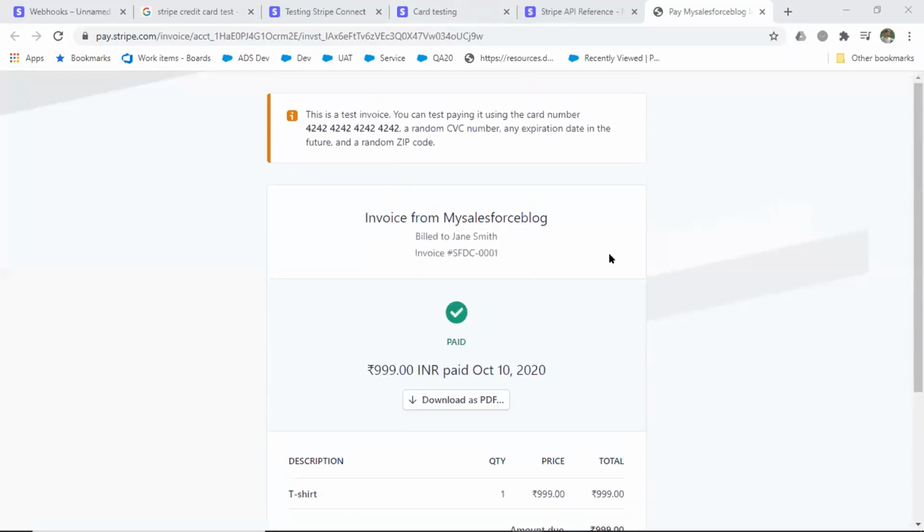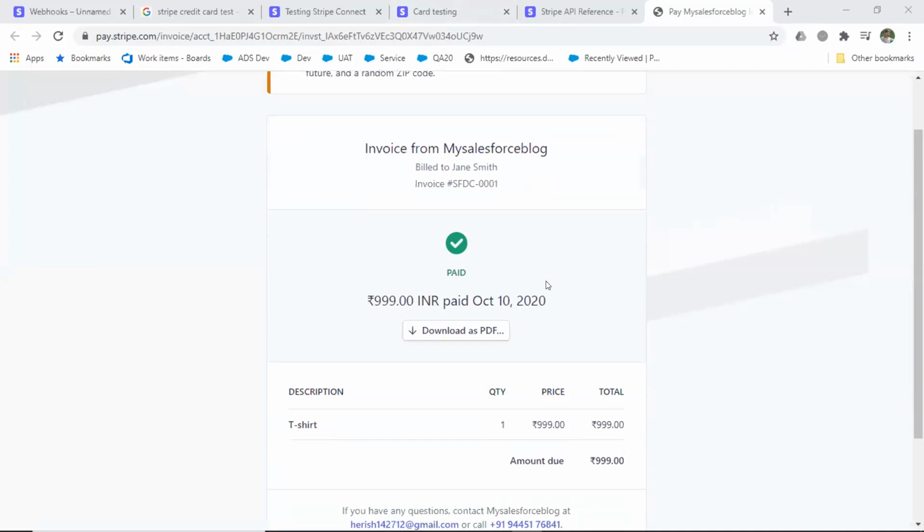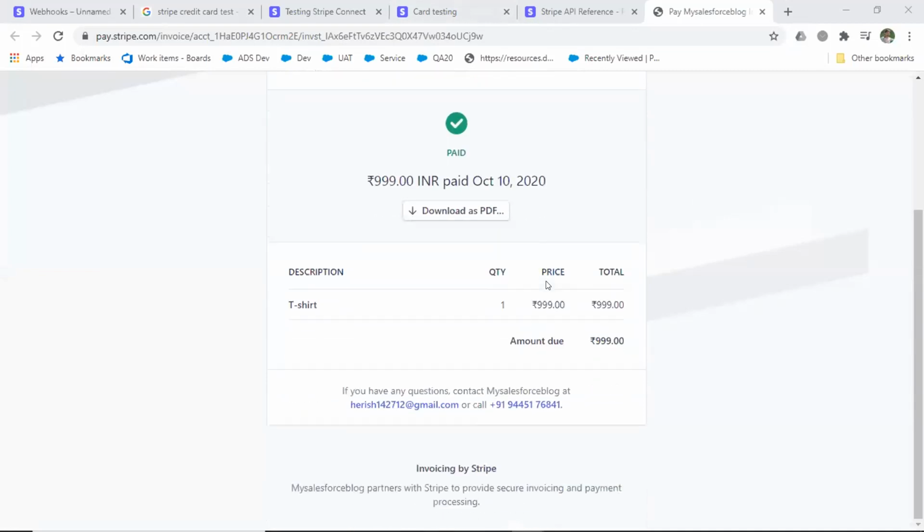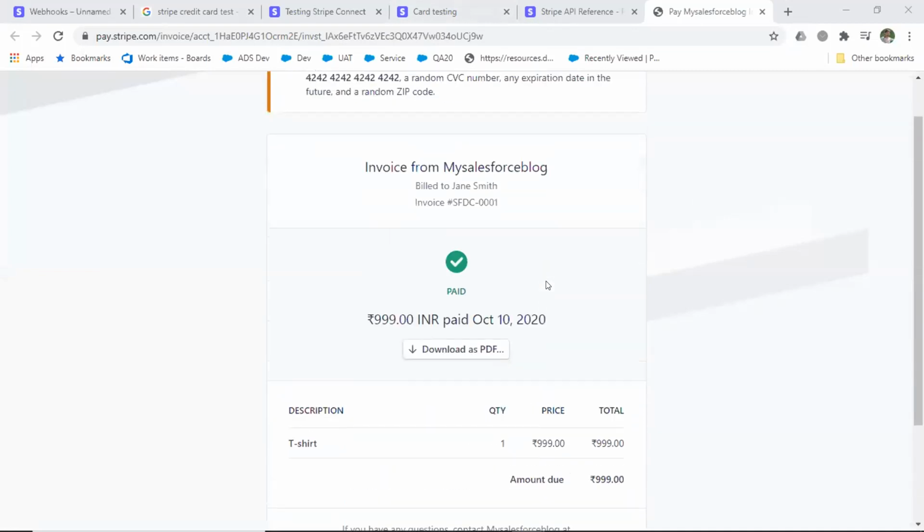Yes. Harish, could you please guide us? How did you get this particular link? I tried creating an invoice in a Stripe account, and when I clicked on send email, it could not actually send email to my mail ID.